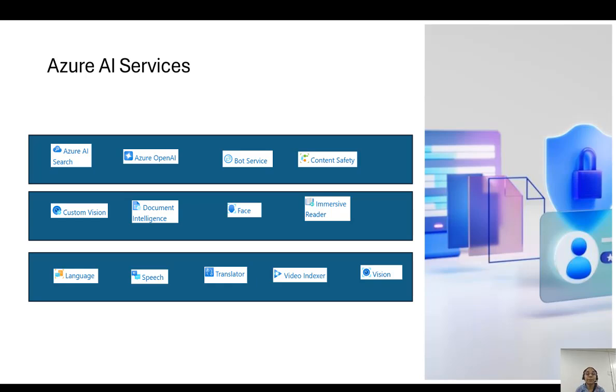And you have the bot service, where you can create chat bots of your own content, and create the interface where you can customize for your own content. And the next one is content safety, where content safety is an AI service provided by